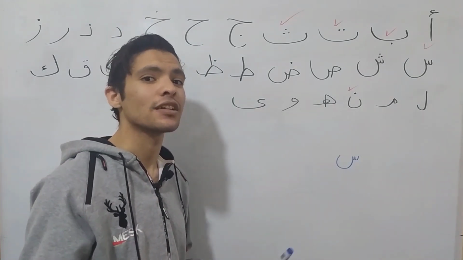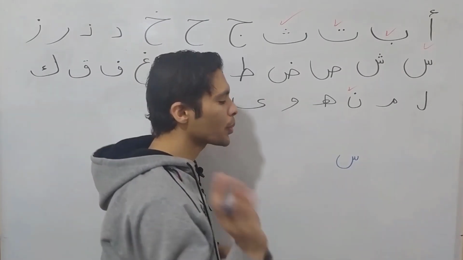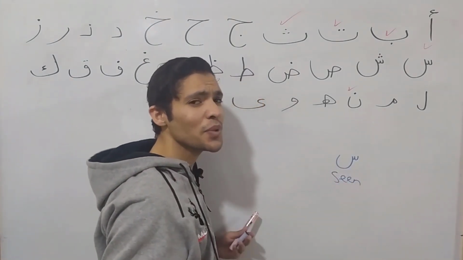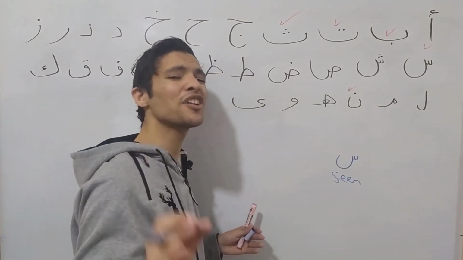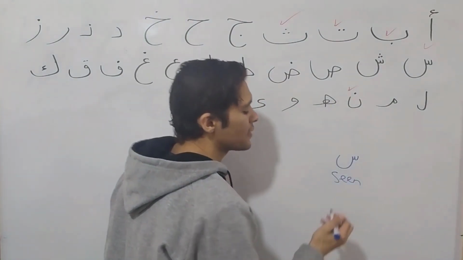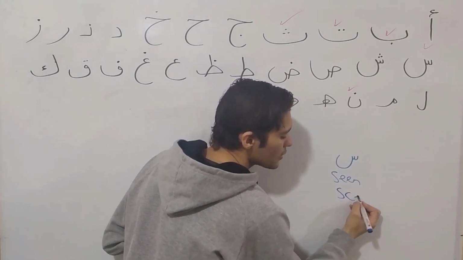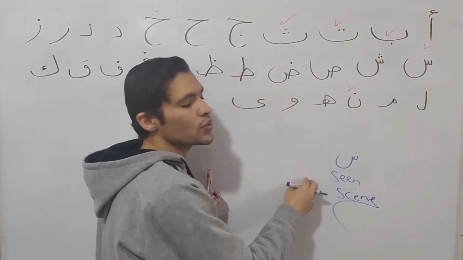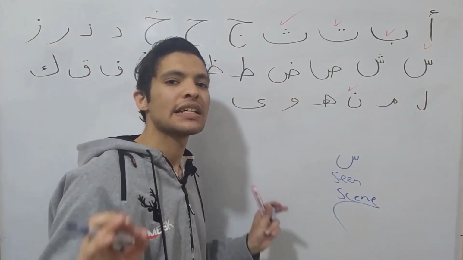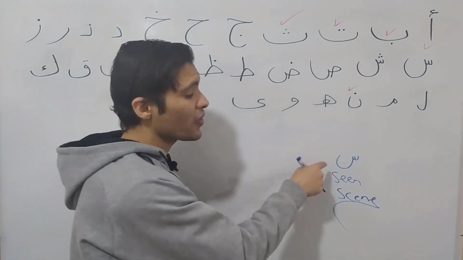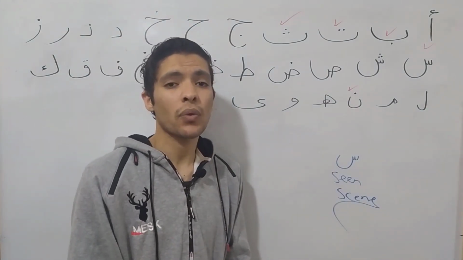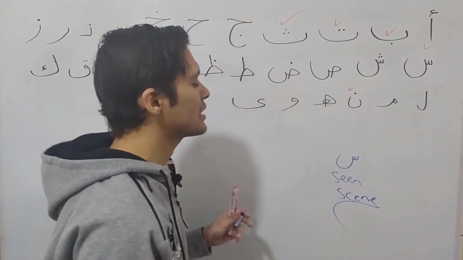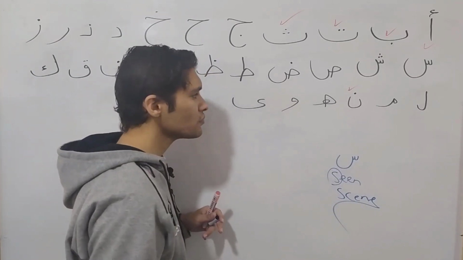Exactly, seen. Or like crime scene, scene. So I want you to pronounce it this way, either like in English, the most beautiful girl I have ever seen, or crime scene. It doesn't matter. You have to pronounce it this way. Scene. And here, by the way, I don't put my tongue in front of my mouth. I don't say scene, no, it's scene. It's S in English. Okay?